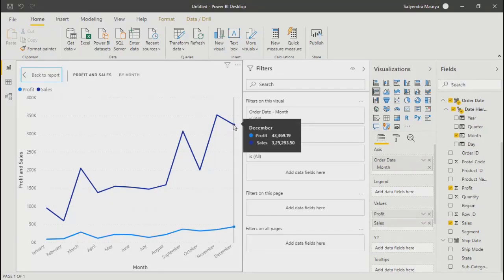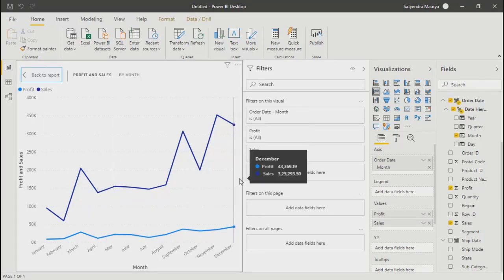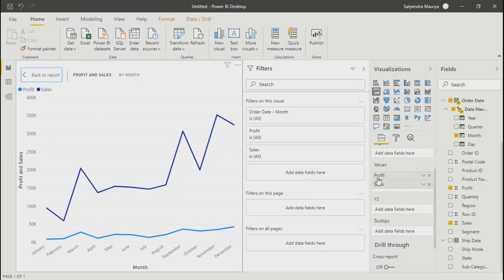It is showing you just two measures. Dual axis chart means sales will be on the primary y-axis, and profit will be on the secondary y-axis. If you go to the properties of this chart, you will see values of profit and sales are on this right now, but y2 is blank. y2 is the secondary y-axis. If you drag, let's say, sales onto the secondary y-axis, you get something like this.